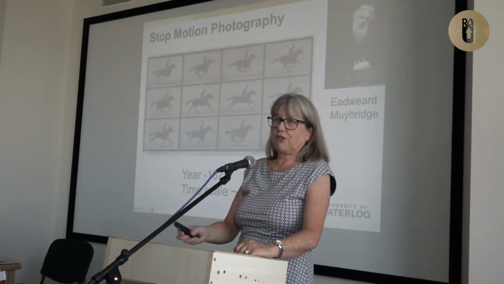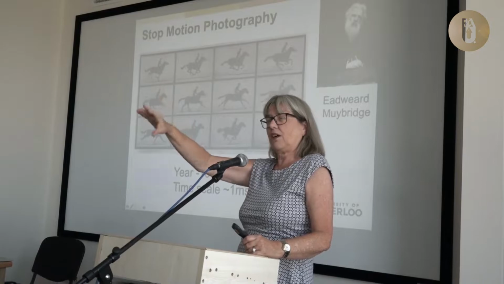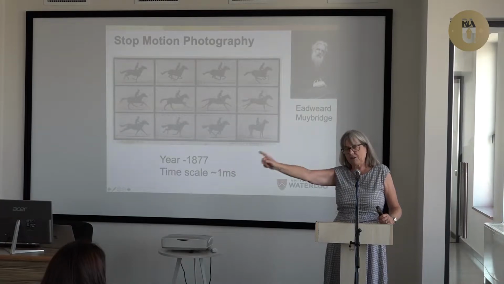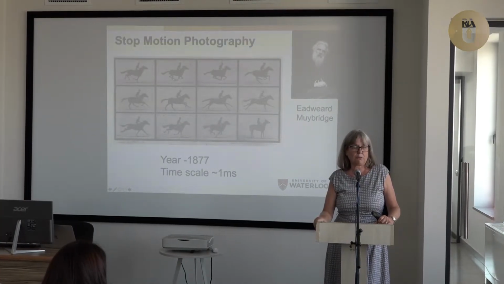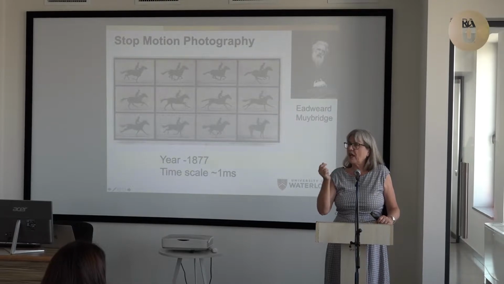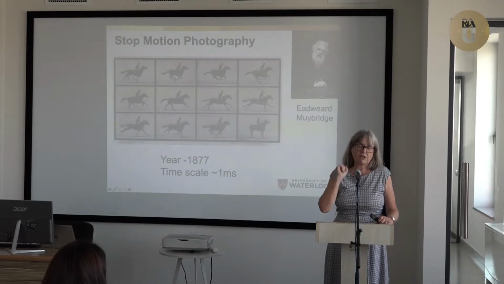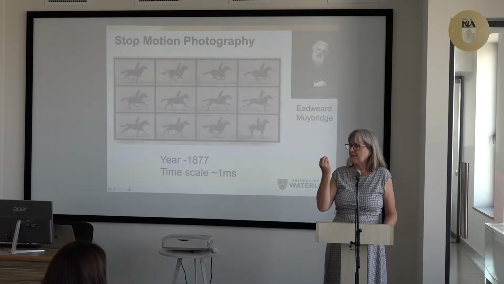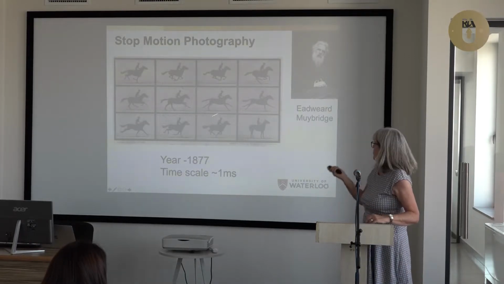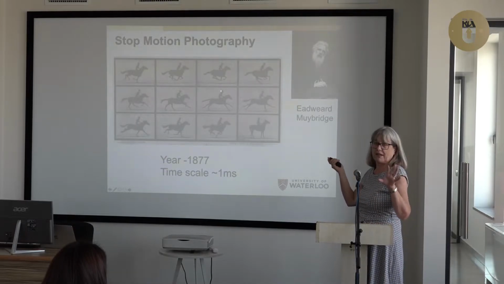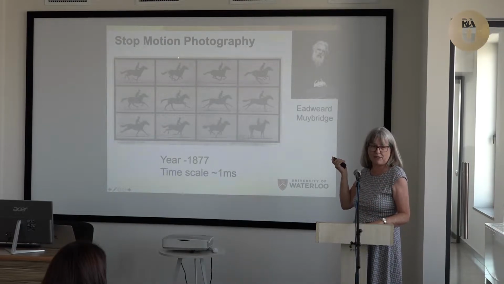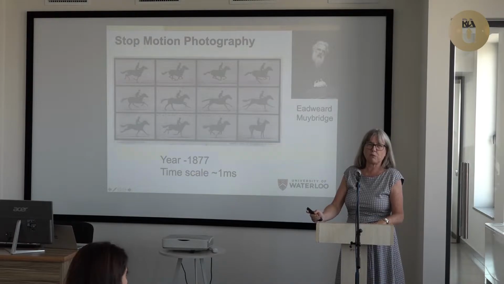And so Edward Muybridge figured out that he could put a series of cameras along the way. He could time the shutters of each of these cameras to be opening up at the same speed that the horse would be going by, and he could take picture after picture, and he stopped the action by the speed of the shutter, which is a millisecond. Now luckily a horse is a large object, and so it can only move so fast. So the millisecond time scale stops the action of a horse. And you can see right here, this is the thing that stopped everybody. All hooves are off the ground, and so it put an end to whatever this controversy was. He proved it one way or the other.